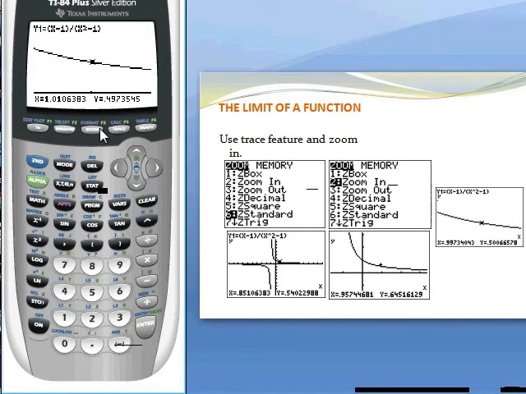Now actually the value, I can see it. When I round this to 1 decimal, I see that the limit is in fact 0.5. So you use the trace and zoom, and then zoom in and zoom in and zoom in, and you'll actually hit this. And even though your function is not defined at that